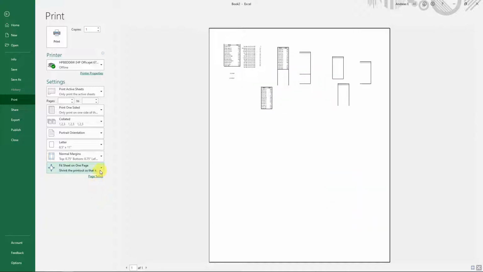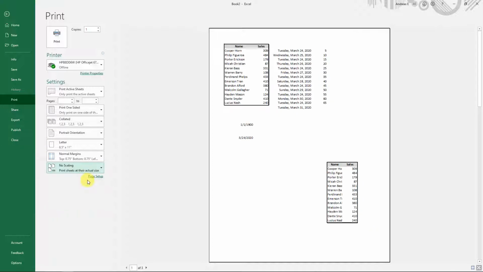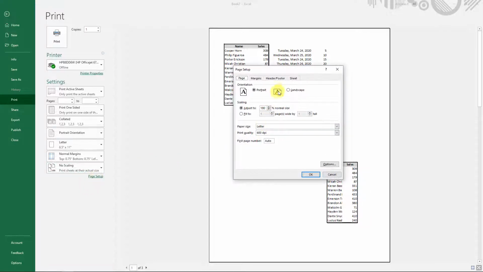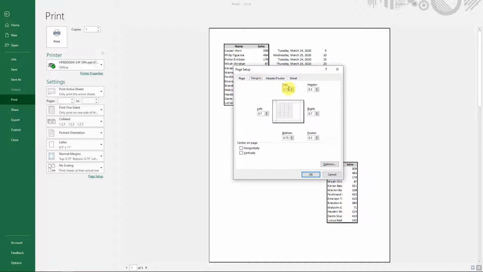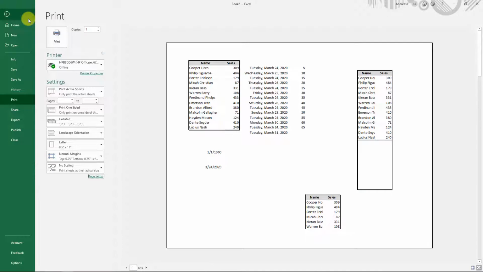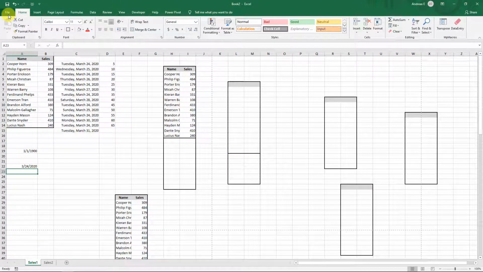If I click on the page setup here, you can choose to print it in landscape orientation. You can go to the Margins tab and tell Excel to print it so that the content is centered horizontally and vertically on the page. Close the window and click this arrow to return to the Excel main page.